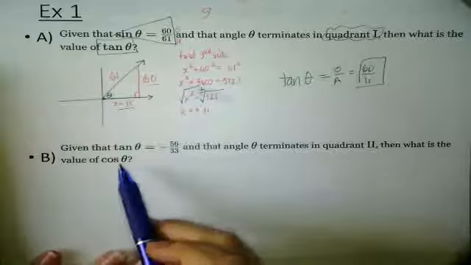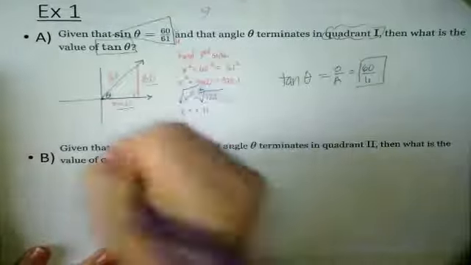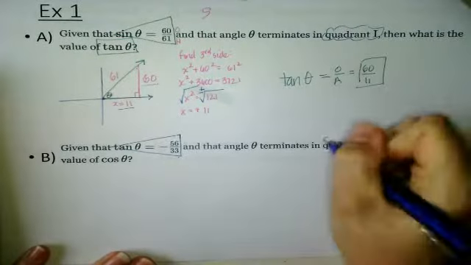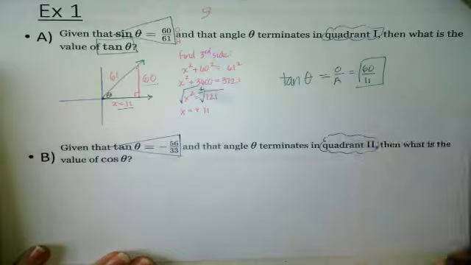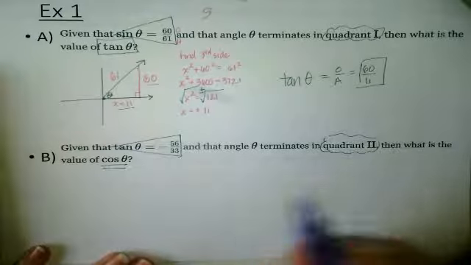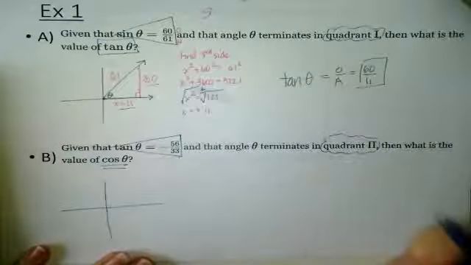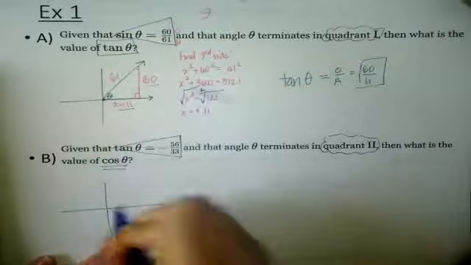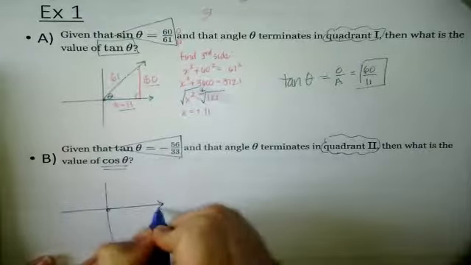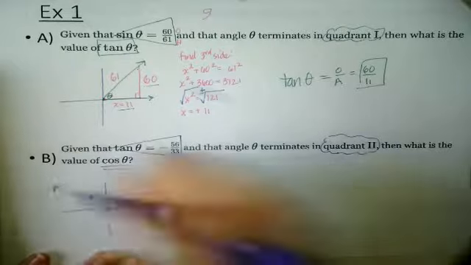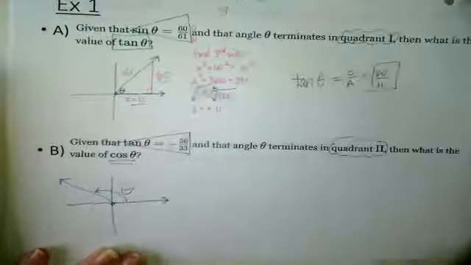Example B: given that tangent of some angle equals negative 56 over 33, and that it terminates in quadrant 2, what is the value of cosine of theta? So again, I'm going to draw a picture. Here, our angle theta is terminating in quadrant 2. So I'm going to draw my angle theta here, and it's opening up, and it terminates here in quadrant 2. So this is theta,